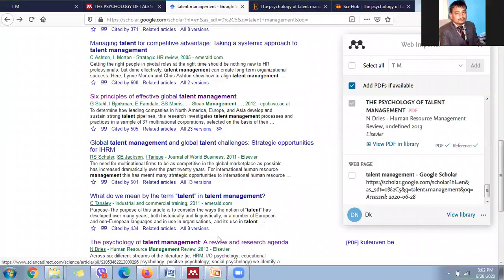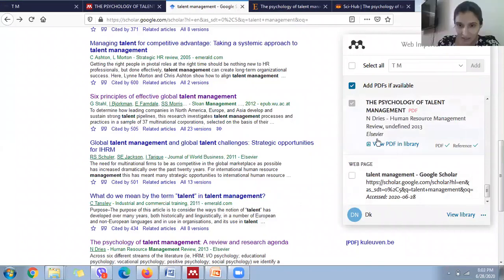Let's suppose I am selecting this article, right? Yes. Here we can see that there is a PDF. Sir, go down. Right side, on the arrow. No, I have already done that, ma'am. I am selecting this article because there is a PDF view. I am checking this in my library.